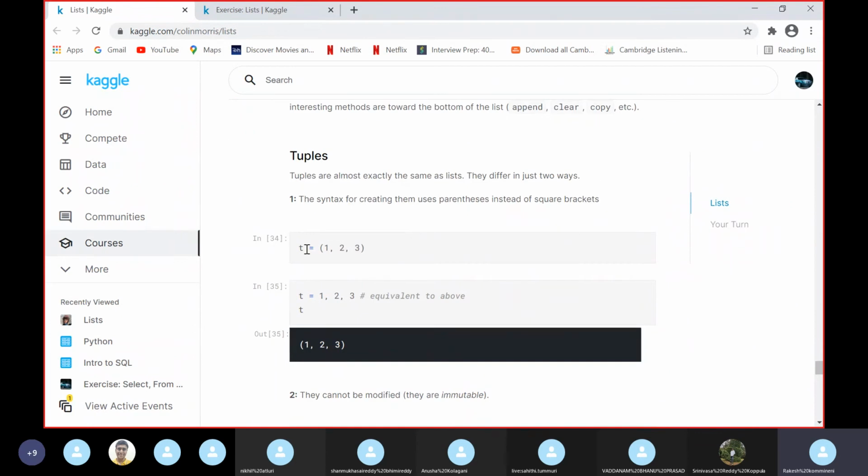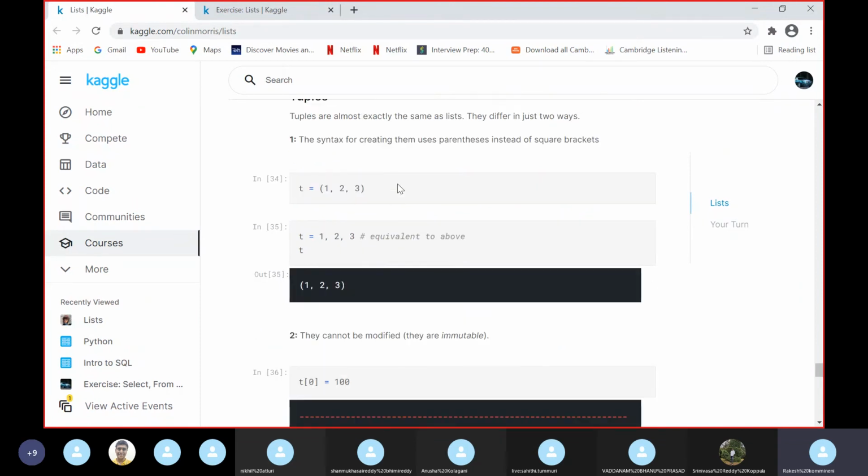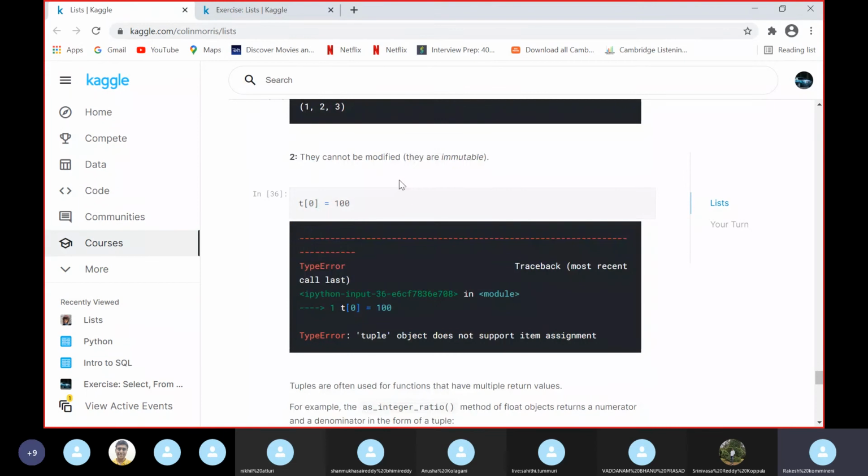So this is how we can declare a tuple, t as the tuple name, with normal brackets. Instead of using square brackets, we use just parentheses for tuples. So tuples are not mutable.